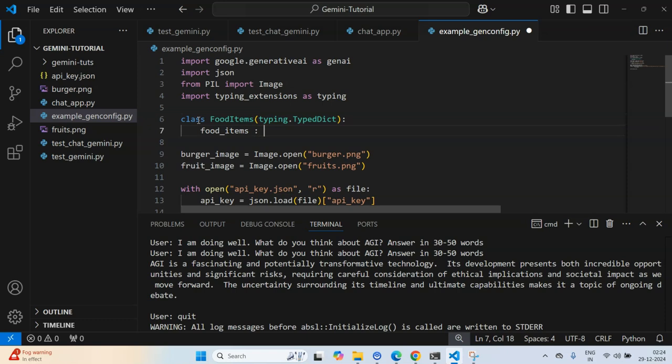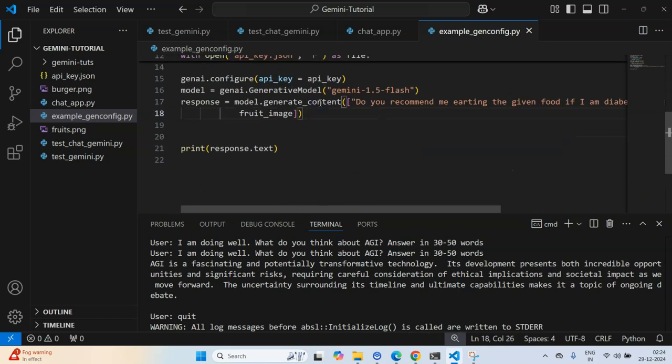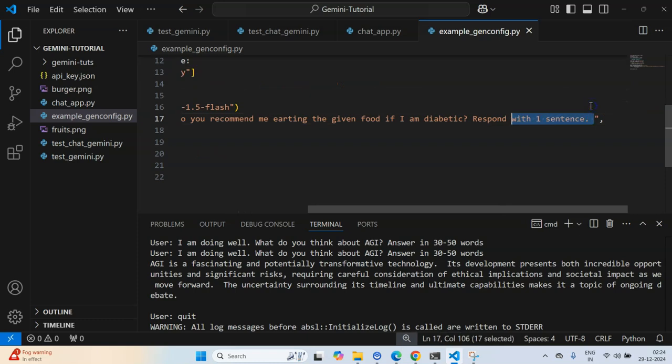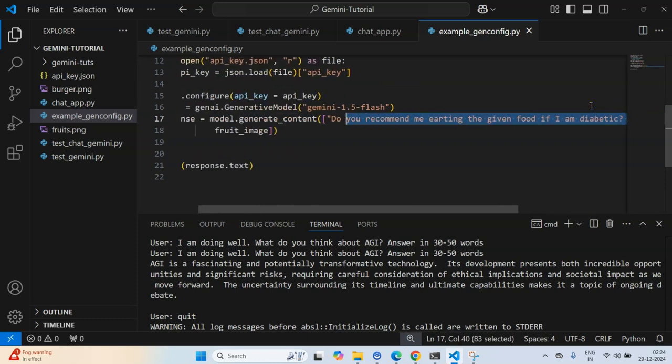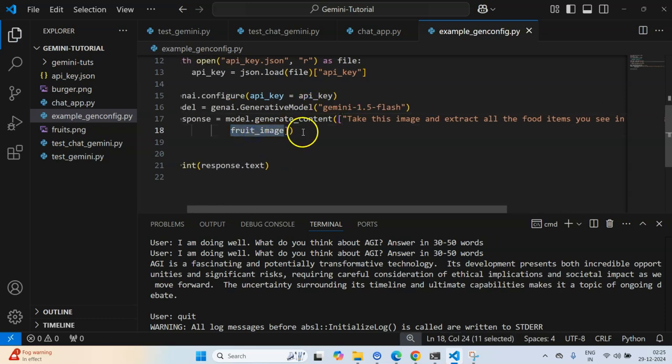Food items will be a list of string. Now within the prompt I'll say, take this image and extract all the food items you see in this image. We have already got this fruit image.